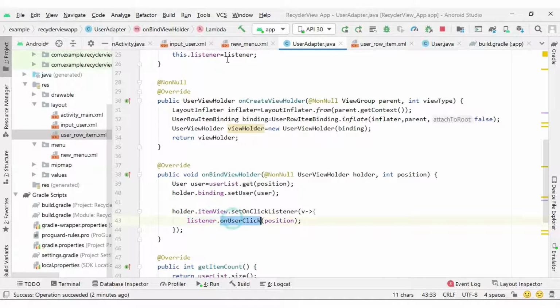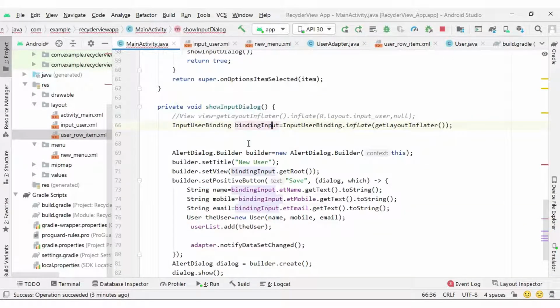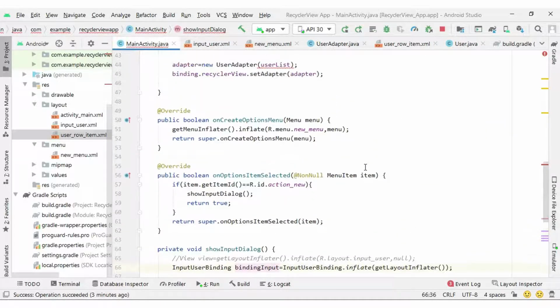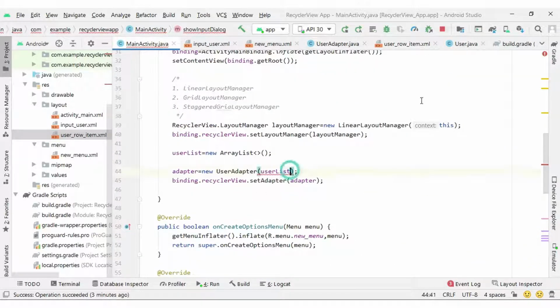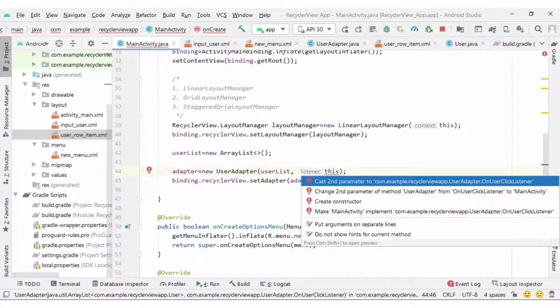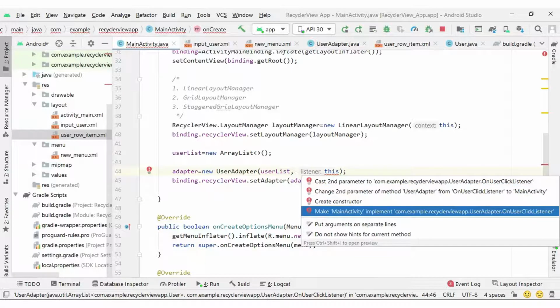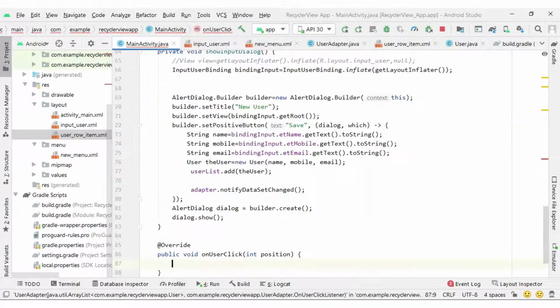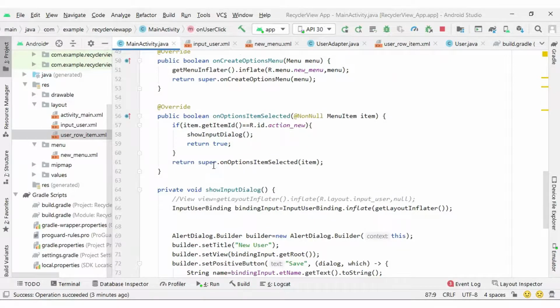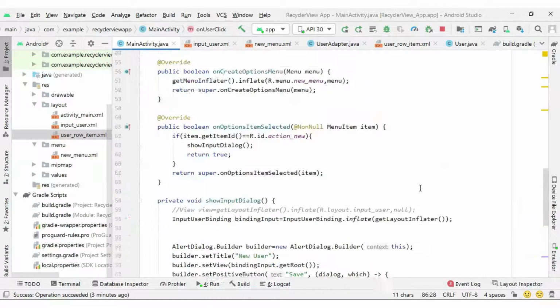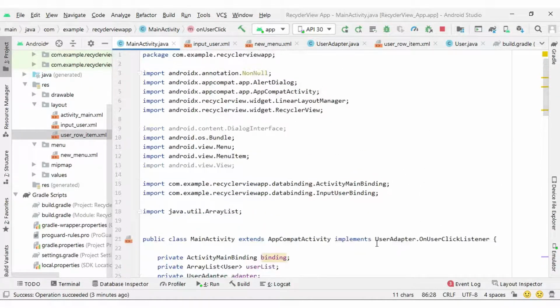Okay, so this method we will have inside our activity or the fragment, wherever you are coding. As per the constructor we need to pass the listener, so I can pass this keyword, press alt enter, and make the activity implement the listener, just like any other event handling. Here you can get the method overriding and the interface implemented.